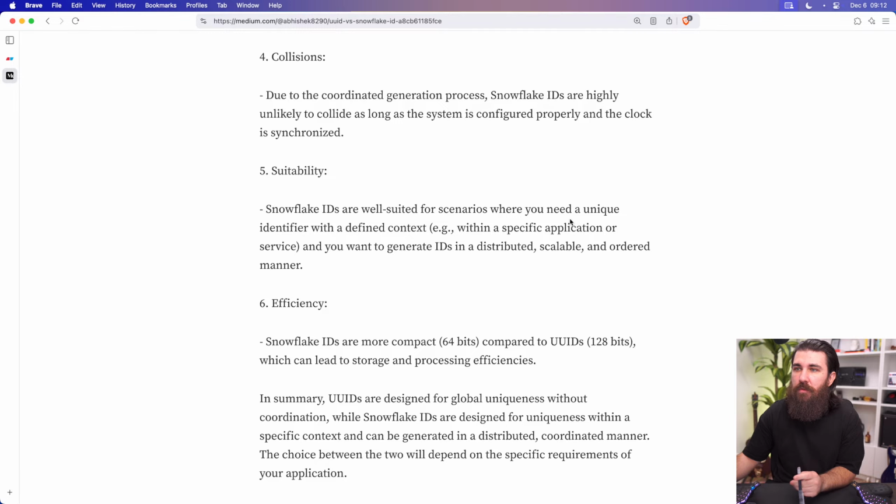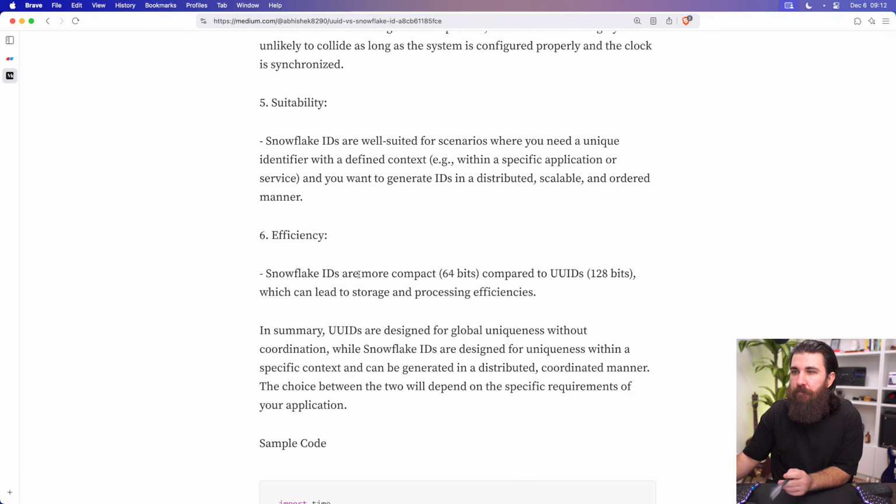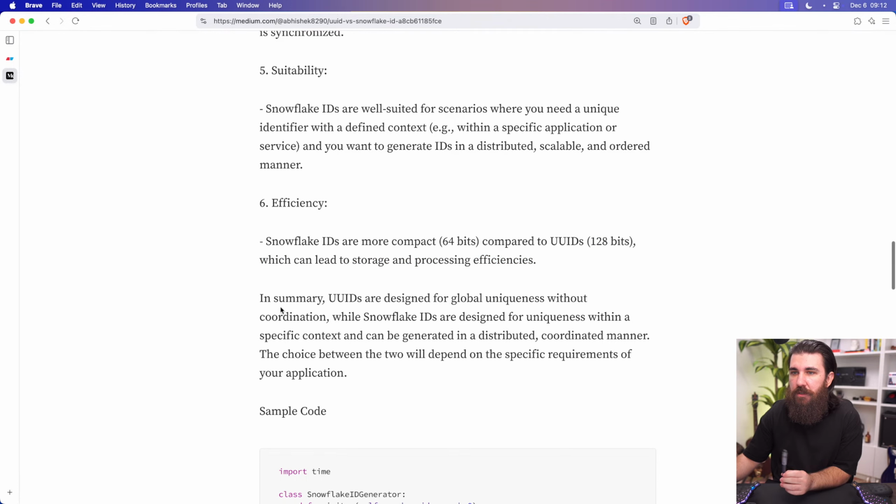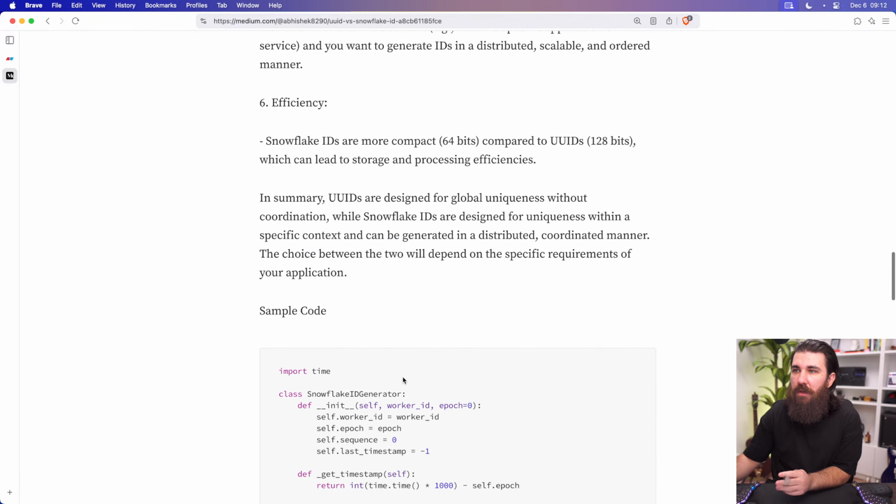Okay, so Snowflake IDs are well suited for scenarios where you need a unique identifier within a defined context in a specific application or service, and you want to generate IDs in a distributed, scalable, and ordered manner. They're definitely more compact, which can lead to storage savings. They're actually half, but I guess with the dashes in the UIDs, that's 132. Otherwise, it's 128. And processing efficiency. In summary, UIDs are designed for global uniqueness without coordination, while snowflakes are designed for uniqueness within